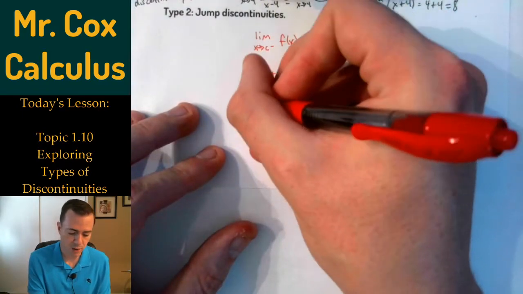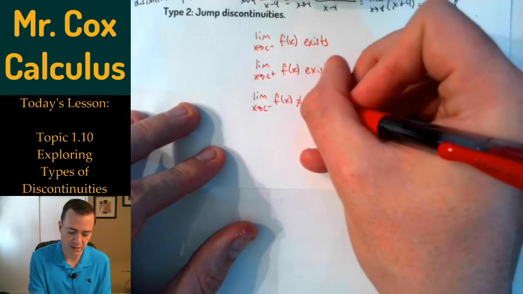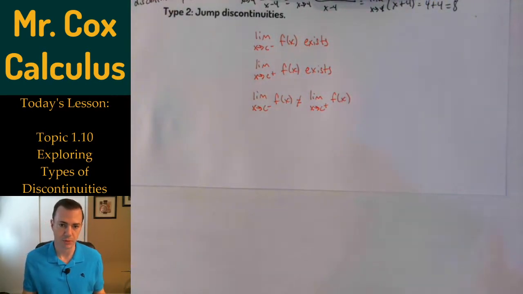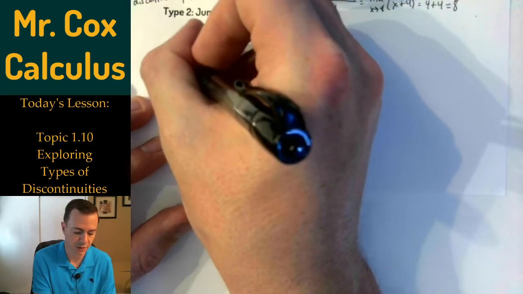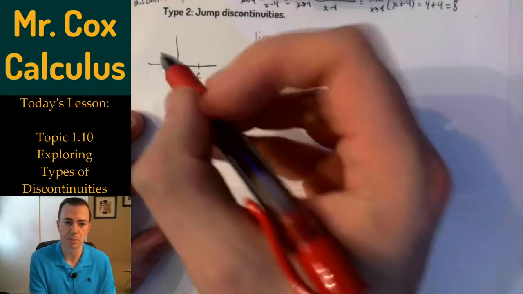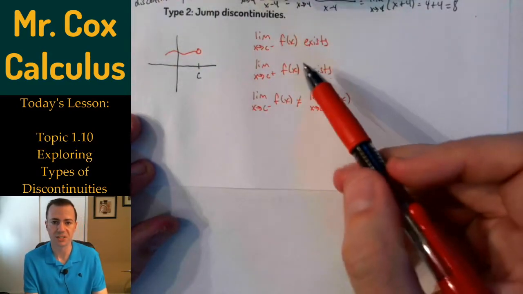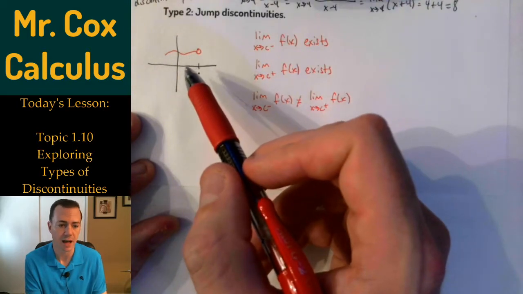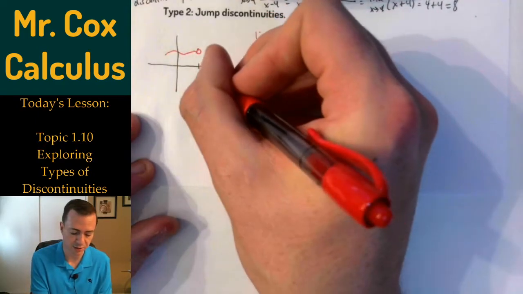However, if we have the situation where the limit as x approaches c from below does not equal the limit as x approaches c from above of a given function, then we have a jump discontinuity. And graphically, you'll see why this is called a jump. I'll let this be my value c. If the graph is approaching a value, and that's a graphical representation that the limit as x approaches c from below exists, approaching some value from the left. And if I'm approaching some value from the right, but not necessarily the same place,